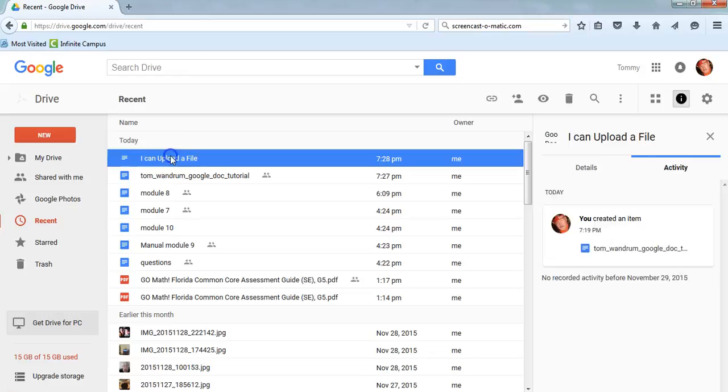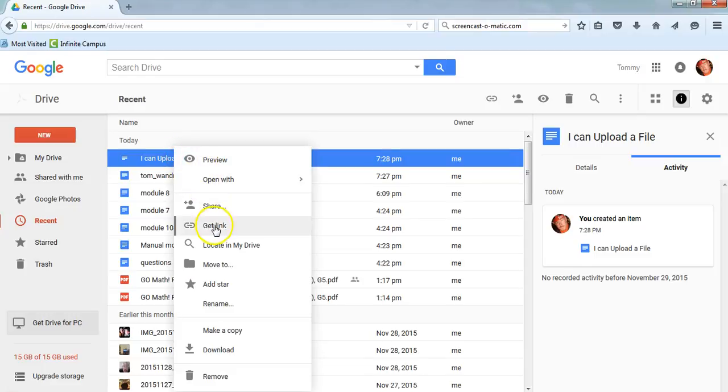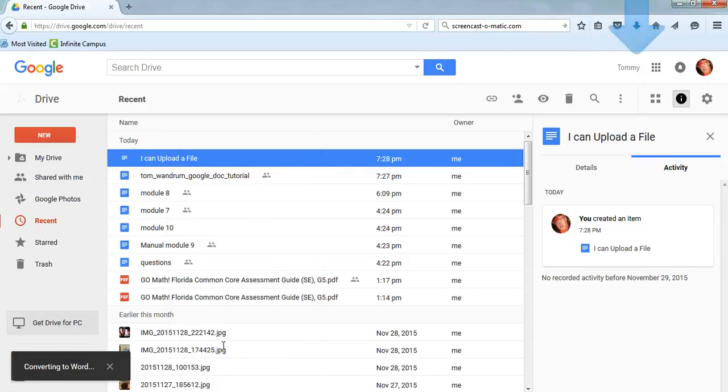Now what we want to do is left click on it. That'll highlight it in blue. Once it's highlighted in blue, we can right click on it. Now a list of options will open up, and one of the options says Download. You want to select Download, and when you do that, if you're using